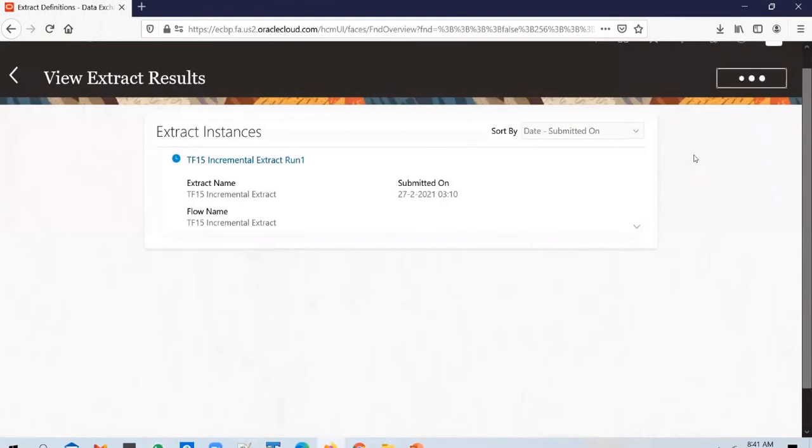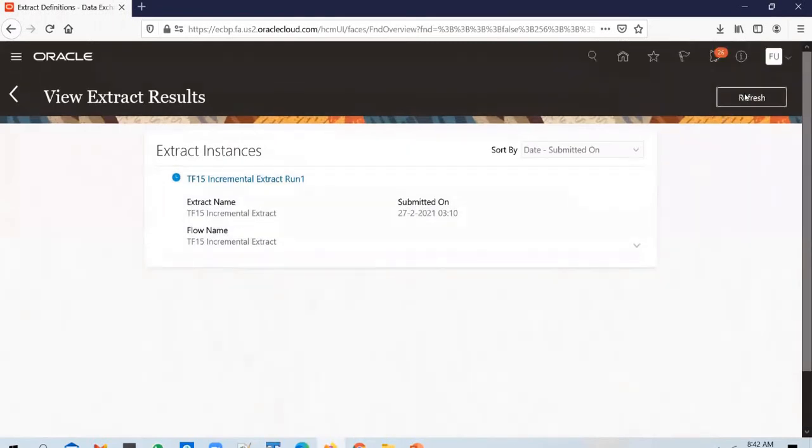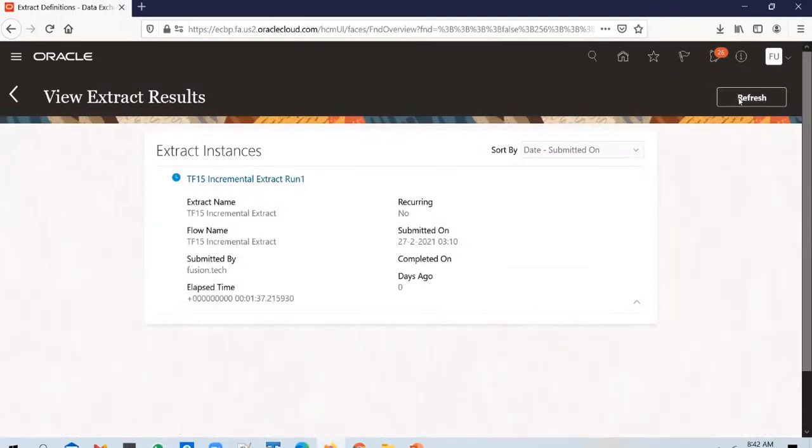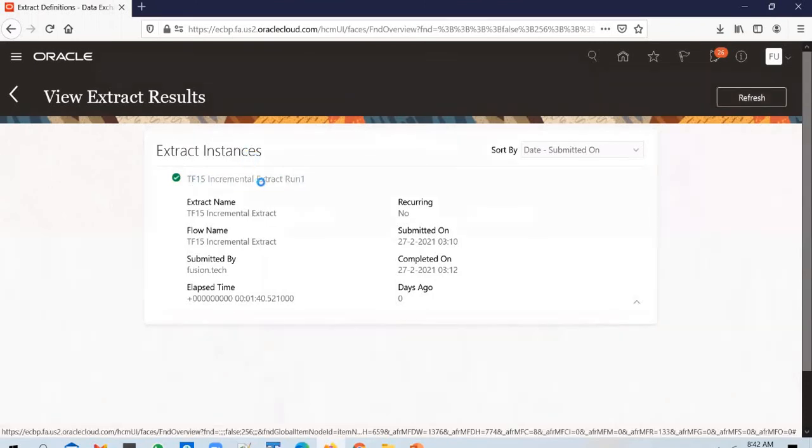Let's wait for the extract to finish. Okay, the extract has finished.